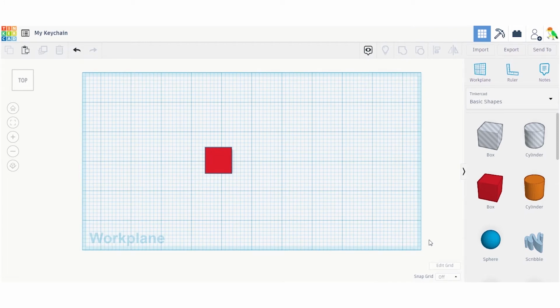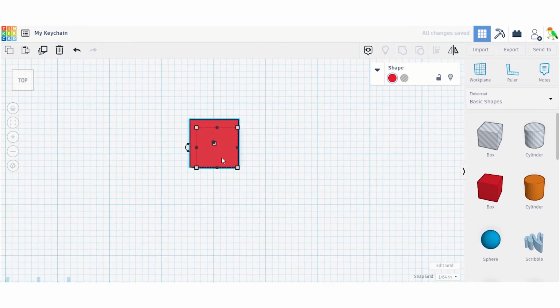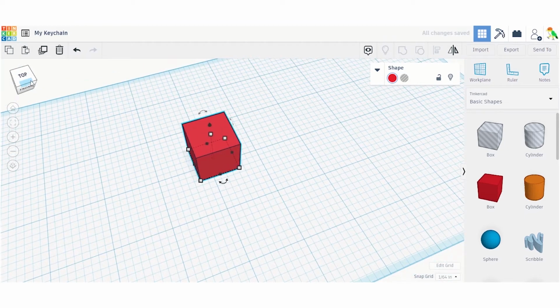After changing your units of measurement, we will set the snap grid. This is set to 1 millimeter or 1/8 inch by default, meaning when you move the object on your work plane, it will move 1 millimeter or 1/8 inch increments. Use the arrows on your keyboard to move in the set of increments along the work plane. For finer movements, change it to a smaller measurement such as 1/10 of a millimeter or 1/64 inch for precision work,